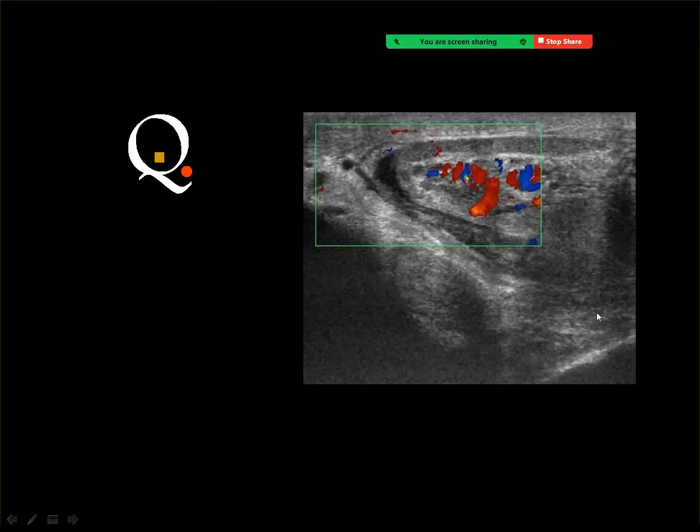Okay, and this is the epididymis. As you know, this is the site of the testicle, and this is the epididymis. And you can easily appreciate the presence of